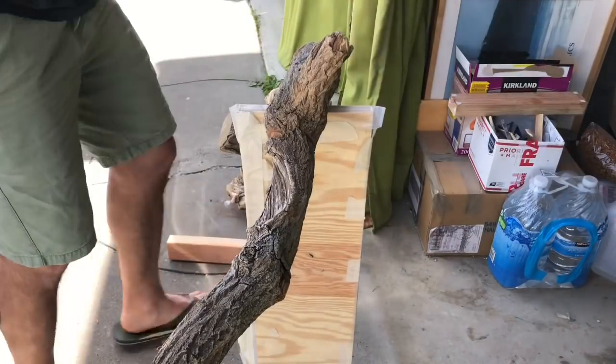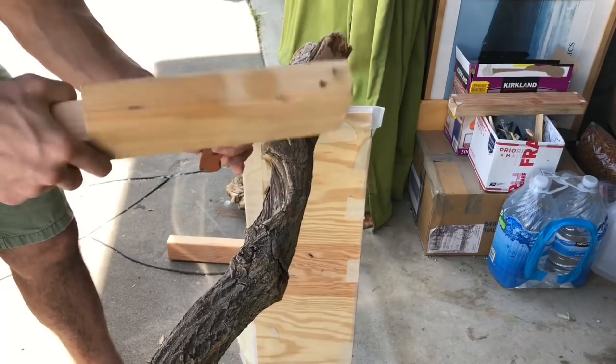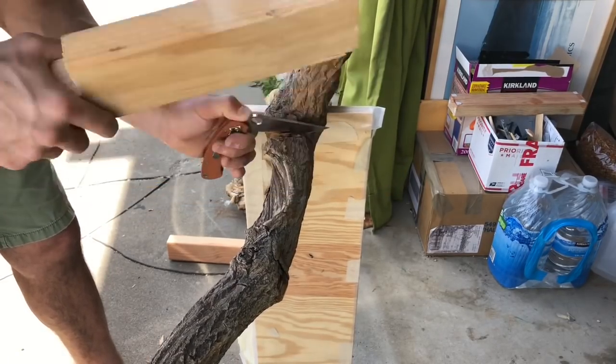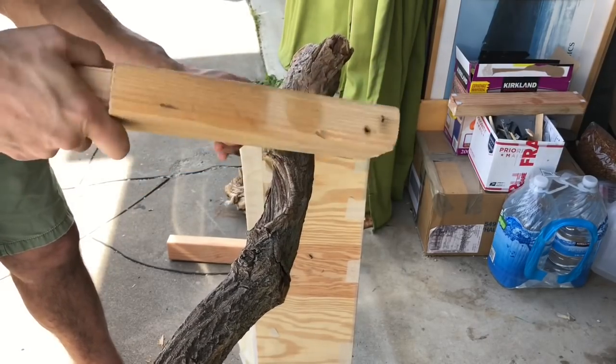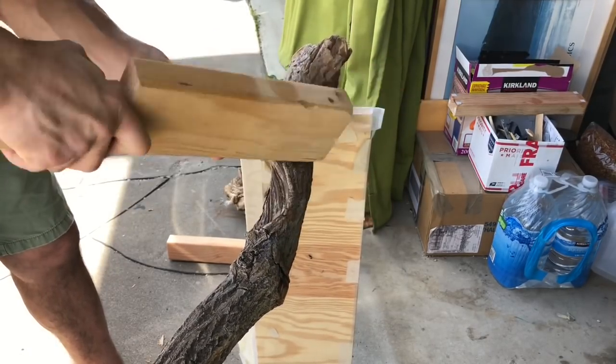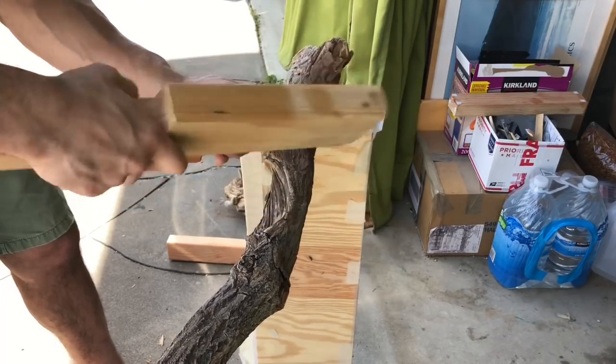I'm just trying to find the time to get some toughness tests done, guys. That does eat up a lot of time, especially in editing and everything. So trying to find the time to do it. Saying that, you guys will see here in the using section, I did, in fact, use this knife to baton,